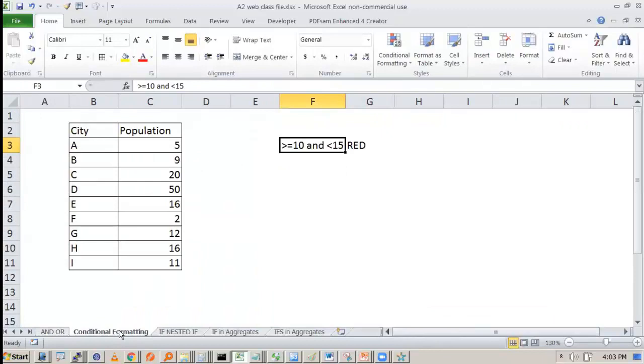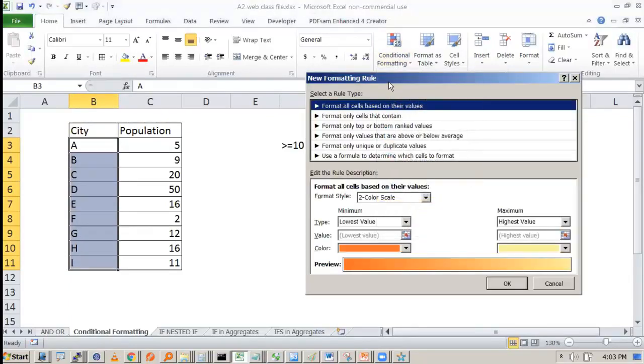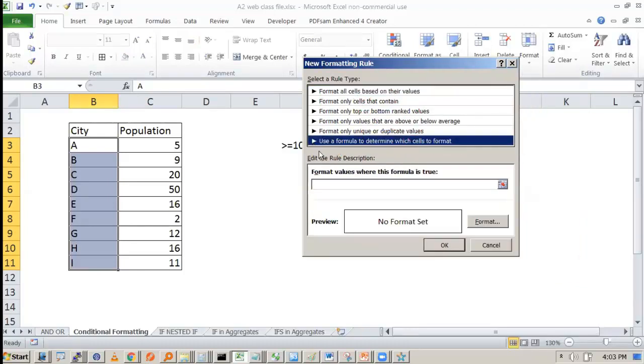So we select these cities, go to conditional formatting, and create a new rule. We are not going to worry about the standard rule types, we have to create our own. So we select use a formula to determine which cells to format. Now you see you have to write a formula.